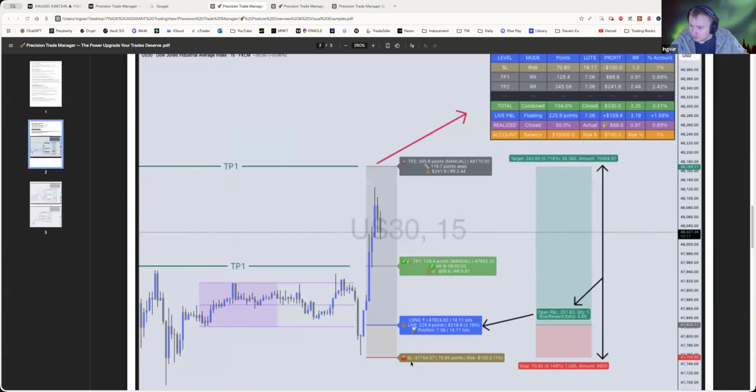Basically, you see here we have the SL. This is US 30, 15-minute time frame. You have a 70.8 point stop loss. Here the lot size is 14 lots, and then TP1 was hit. And also when TP1 is hit,